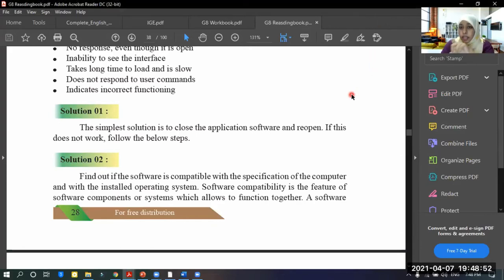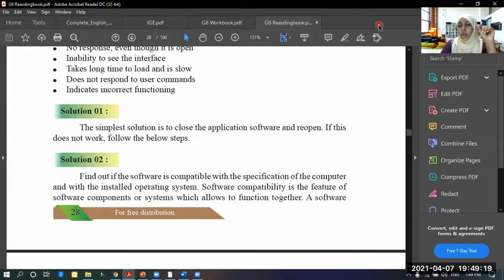Interface means the thing which you can see on your screen. That is an interface. Now you see this one, right? So this is an interface. When you open the word processing software, that is an interface, what you see. If you open a game, you see something, right? That is an interface. Now got what is an interface?